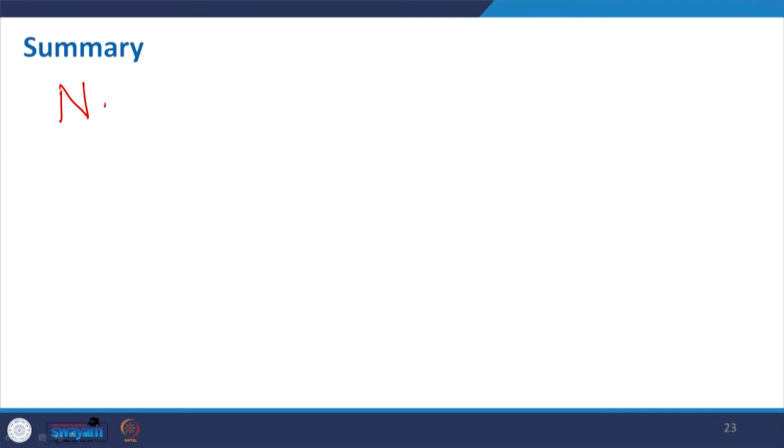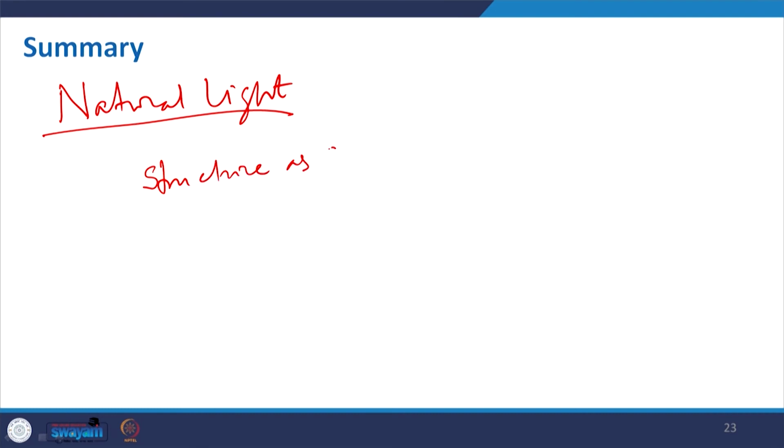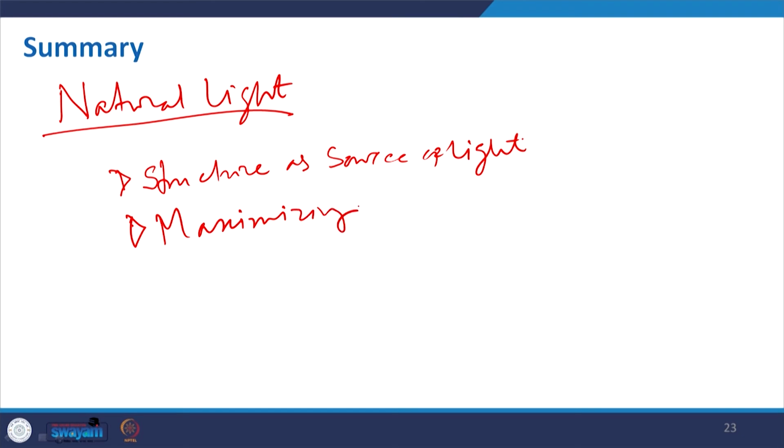With that, I have talked about the natural light and based on the light how the structure is interacting, which is being classified in 4 categories. The first is structure as source of light. So, here it is basically where the structure is allowing the light. The second category that we have seen is that the structure is maximizing light. Then the third category is